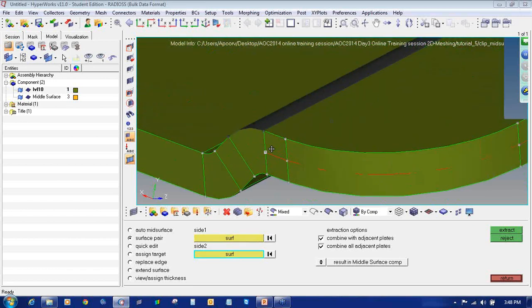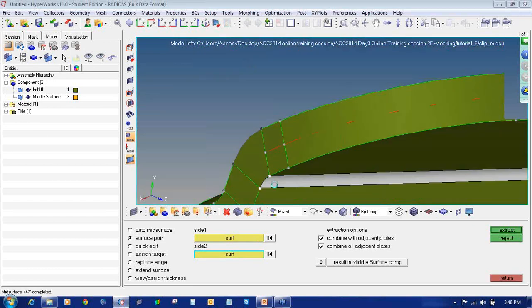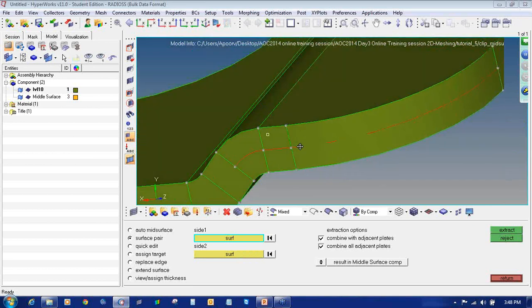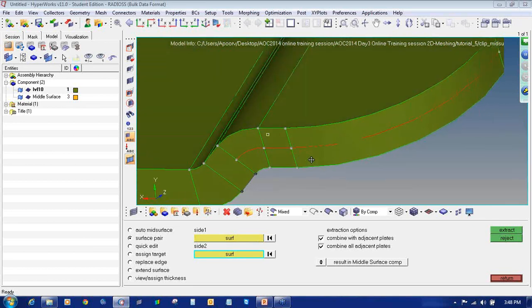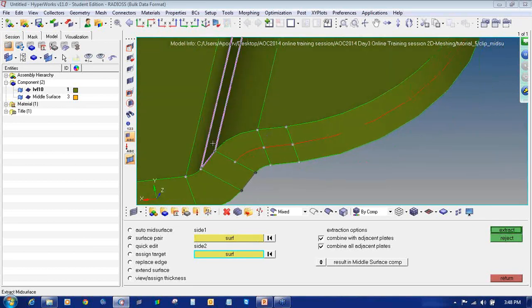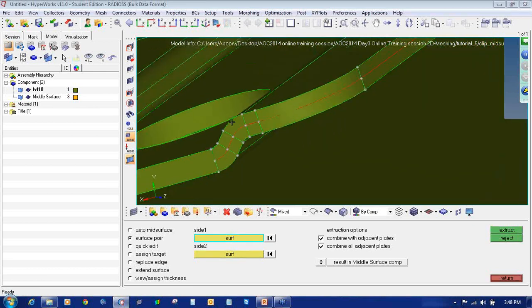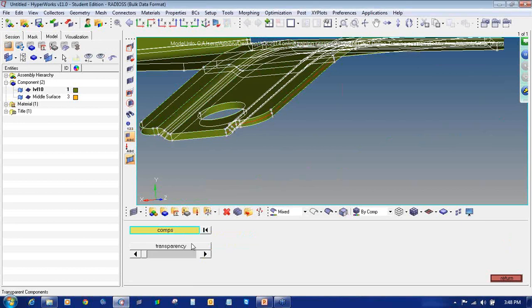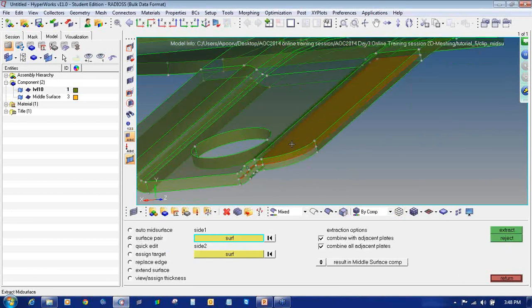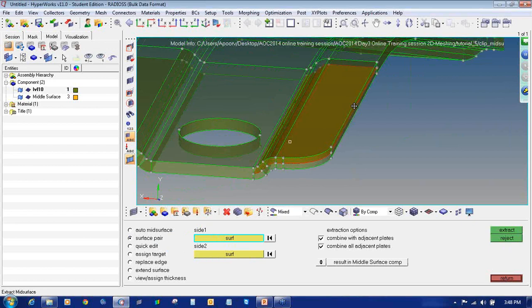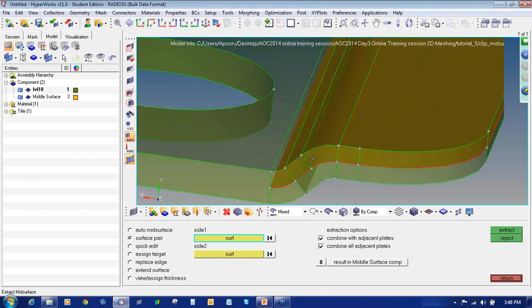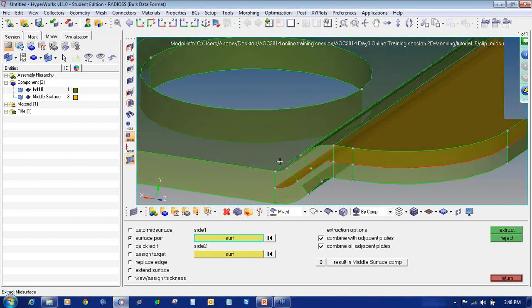Similarly, this one and this one, and say extract. Or you can pick the other way. Now if I make it transparent, you can see I have created a mid surface manually too. So the manual option is also available to create the mid surface.